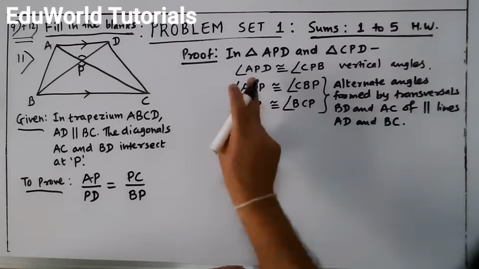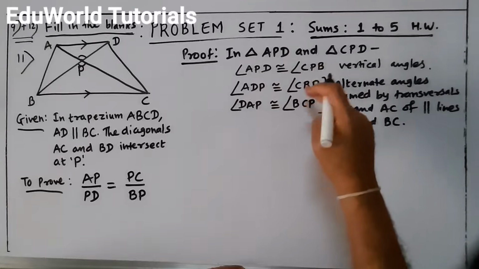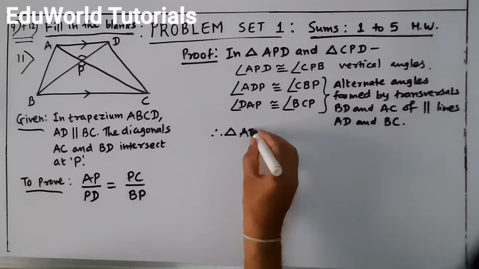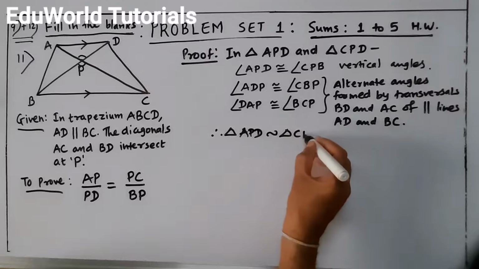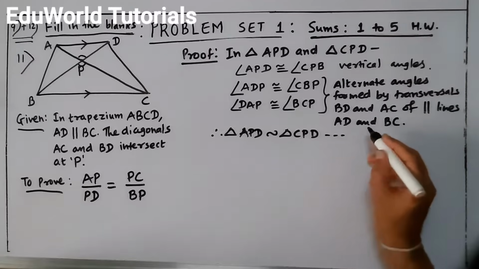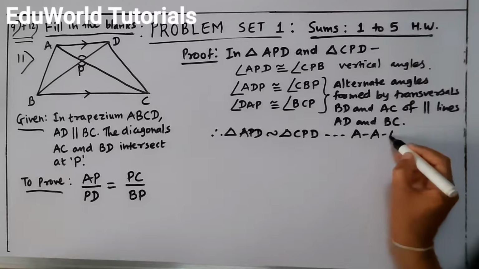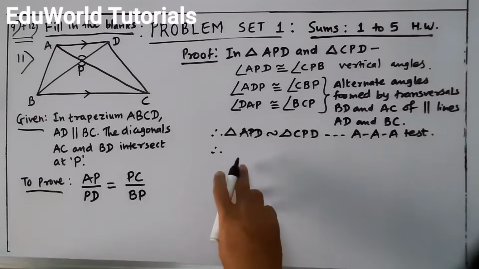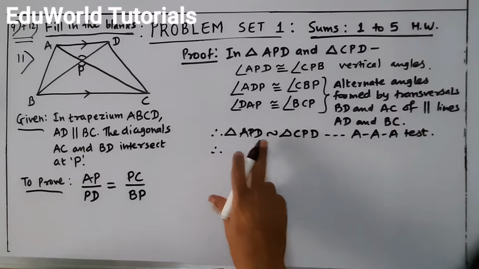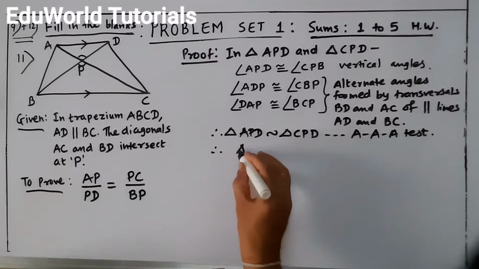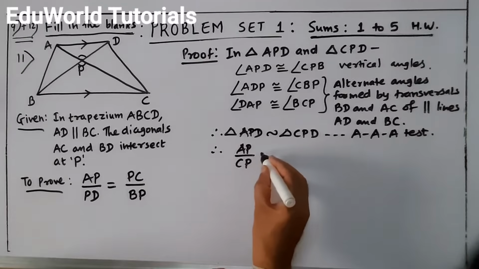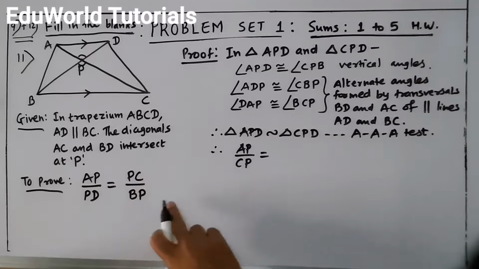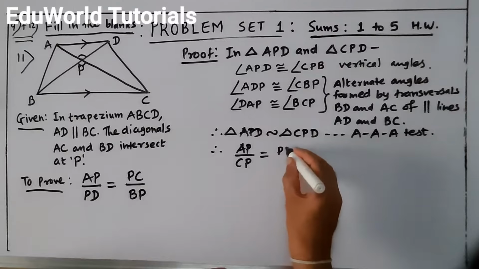So what we get? Because three angles of one triangle are congruent to three angles of the other triangle, the triangles become similar. Therefore triangle APD will be similar to triangle CPB. Which is the test? The test is the AAA test of similarity. Now when the triangles are similar, we know the corresponding sides are in the same proportion. So AP upon CP, or PC, whatever you can say, AP upon CP is equal to, we want AP, PD, PC, BP sides, so we'll take PD upon